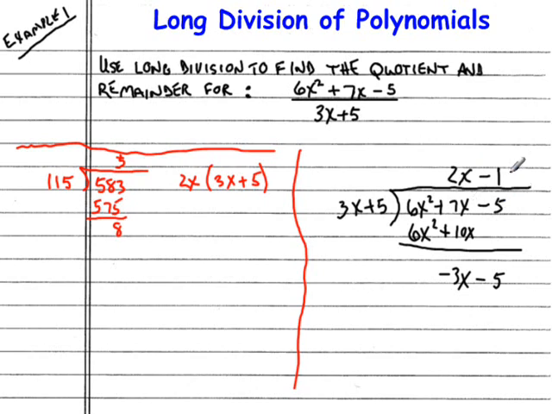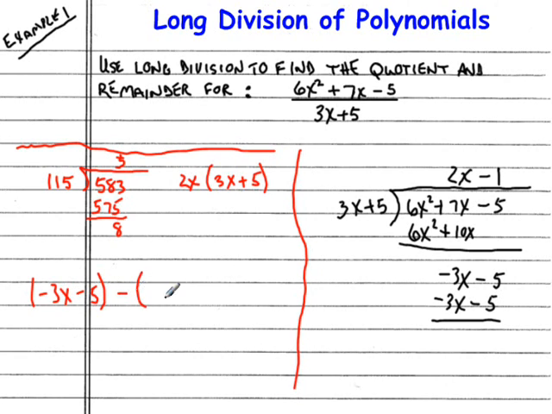And we put that negative 1 in the column of constants. And then we take that negative 1 and we multiply the whole divisor with that negative 1, but we do it a term at a time. So negative 1 times 3x creates a negative 3x. Negative 1 times positive 5 creates a negative 5. And then we're prepared to subtract. Of course, in this case, we see this polynomial and this polynomial are the same, so when we subtract, we actually get 0. But we could think of it, as we did a moment ago, as the top polynomial, negative 3x minus 5,